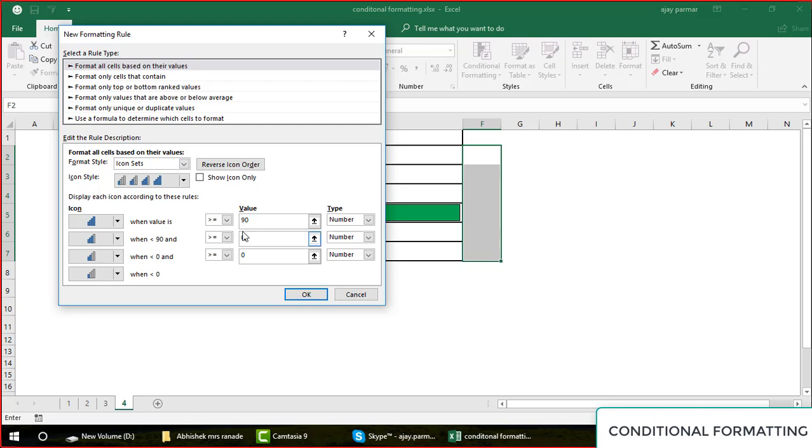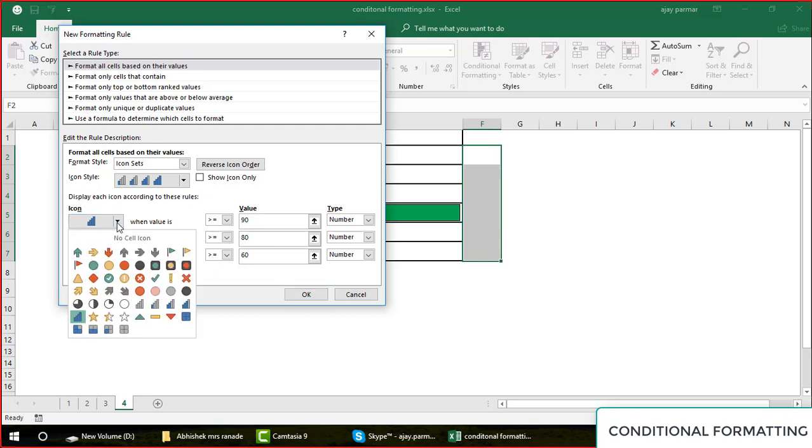If something is greater than or equal to 90, then you say what you want to do: you want to show the full graph. But how about this graph? I want to say that if it is less than 90 but greater than or equal to 80, so when you click outside, this now changes to less than 80. Automatically the numbers will change. So this has to come in, let's say 60 to 80, and when this is less than 60, this is what we need.